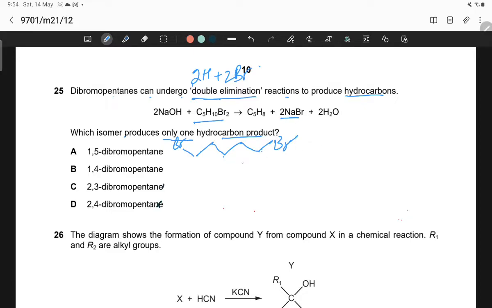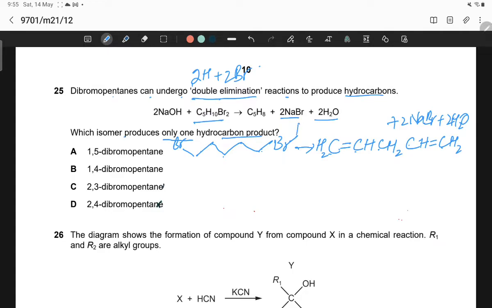Two NaBr and two H2O are formed. So what happened? C double bond C, CH, CH2, 1 2 3 4, CH double bond CH2. So this is the only one product plus 2 NaBr plus 2 water molecules. So 2 Brs and 2 H2s